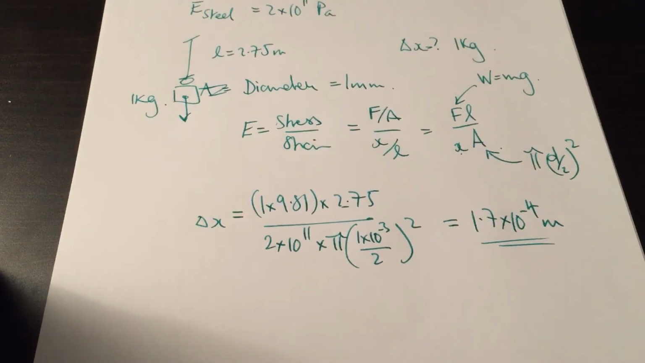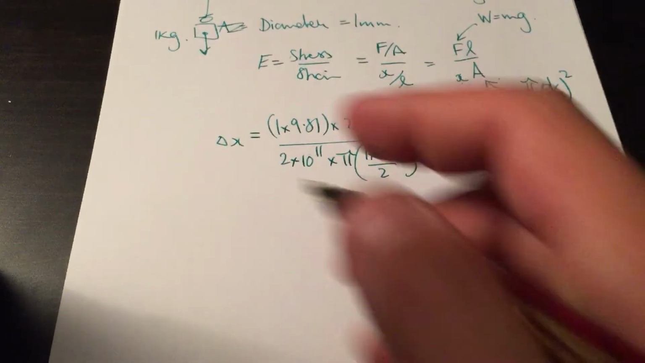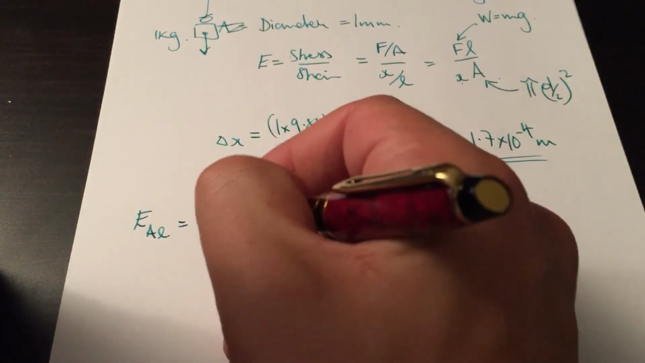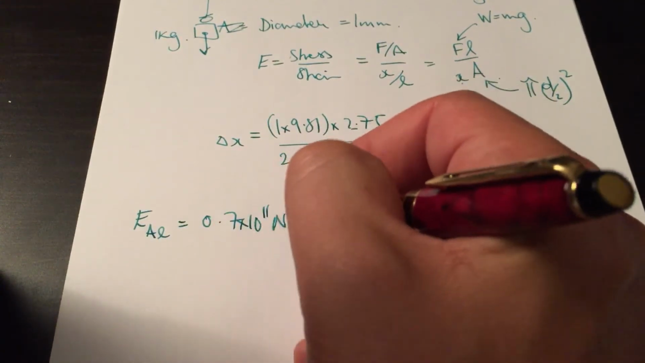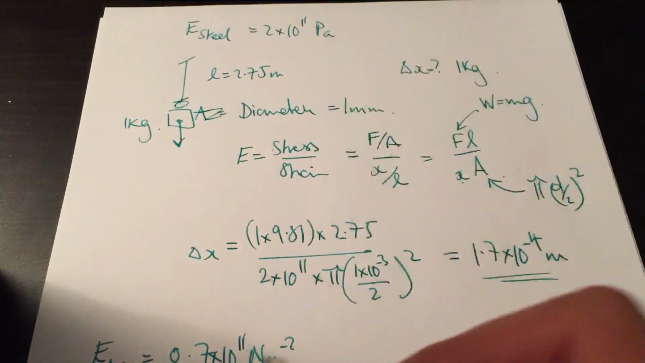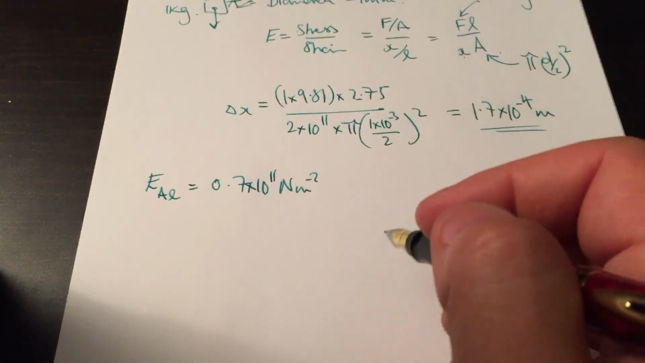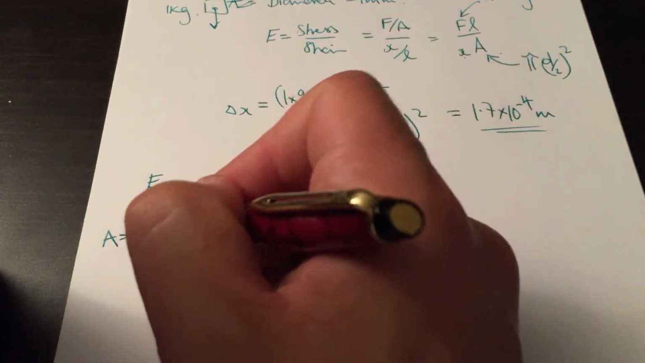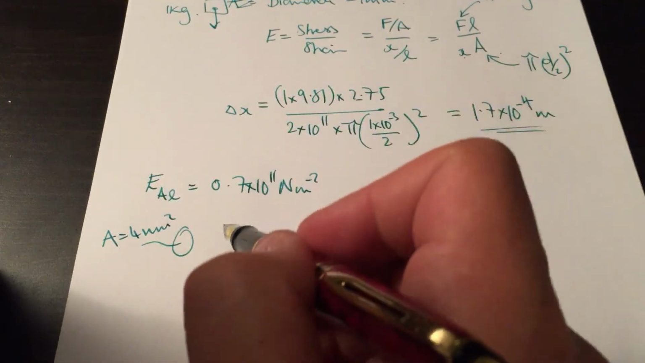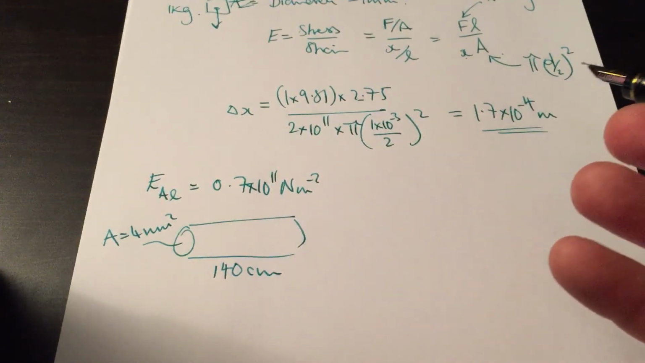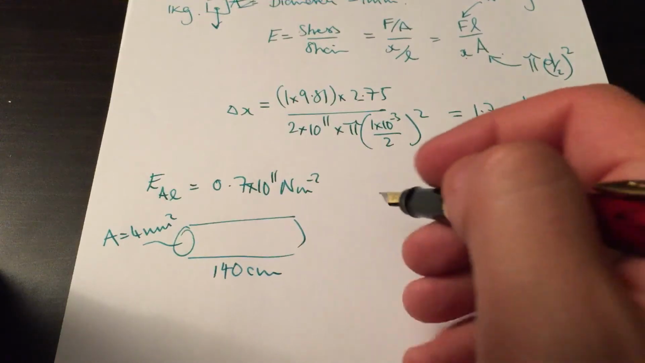Okay, let's try another one. Let's take some aluminium this time. See whether you can do this. Aluminium has a Young's modulus of 0.7 times 10 to the 11 newton per metre squared. I've just used that unit, though they are identical. The top unit, pascals, newton per metre squared. And I have some wire with an area of 4 millimetres squared. Have a length of 140 centimetres. And I want to know the force required